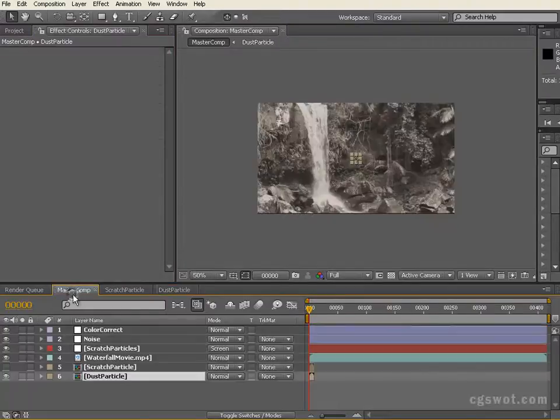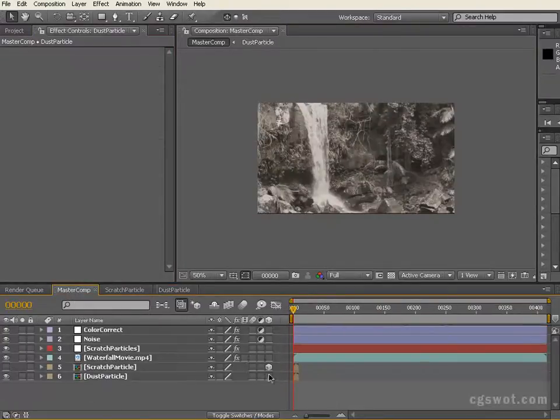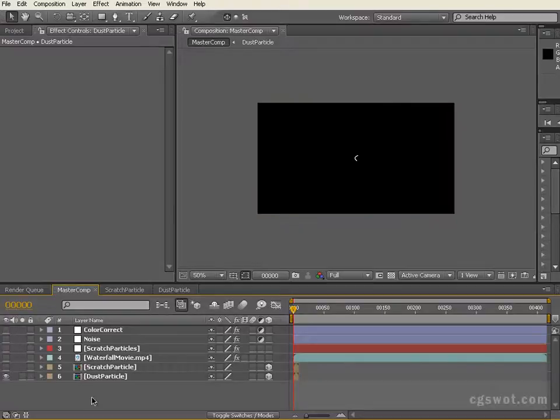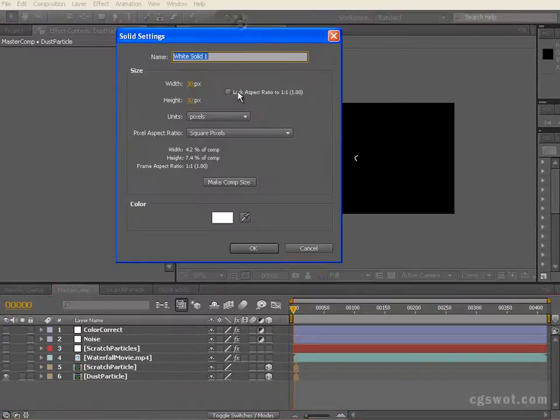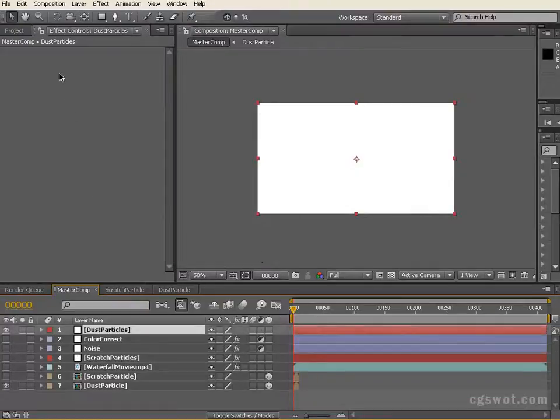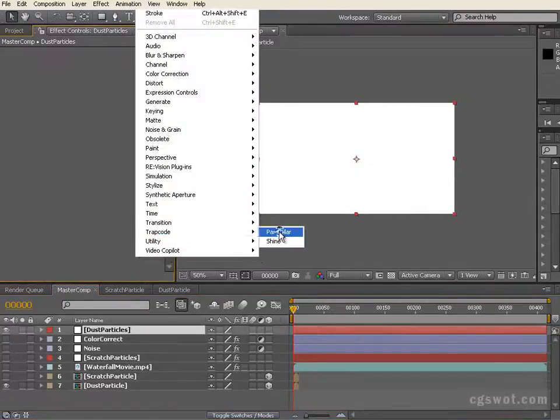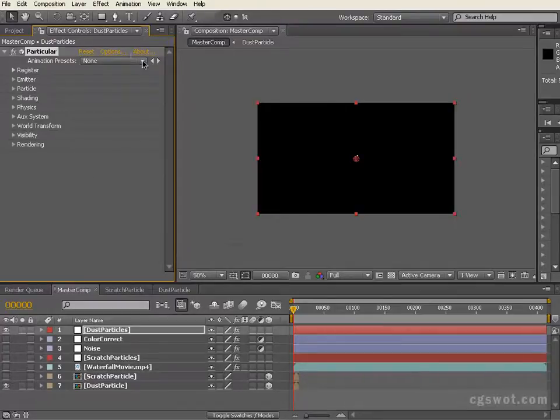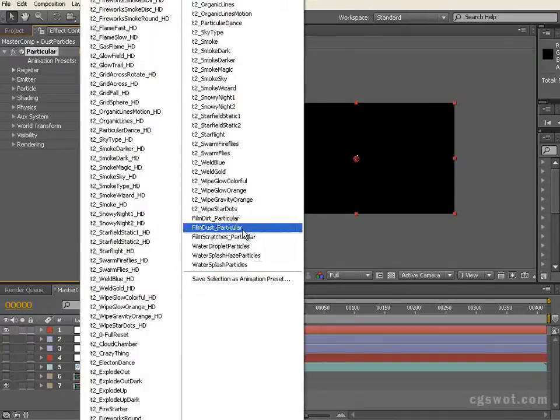And now we can come back to our master comp and make sure, toggle our switches and make sure it's a 3D layer. I'm just going to switch off everything here, and we're going to create a new solid, and we're going to call this dust particles. We'll make it comp size, and we'll leave that white as well. And we'll introduce our Trapcode Particular, and I've got a preset that, as I mentioned before, I'll include in the download file. We've got the preset of film dust,